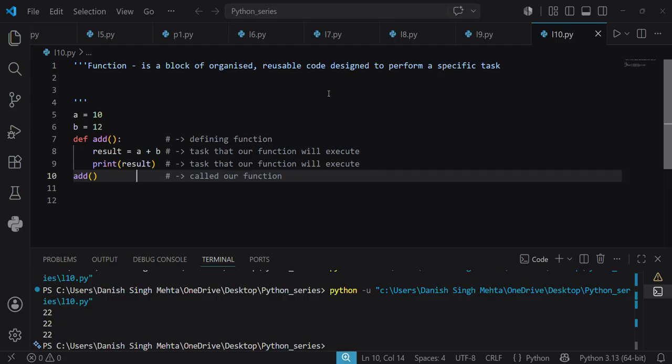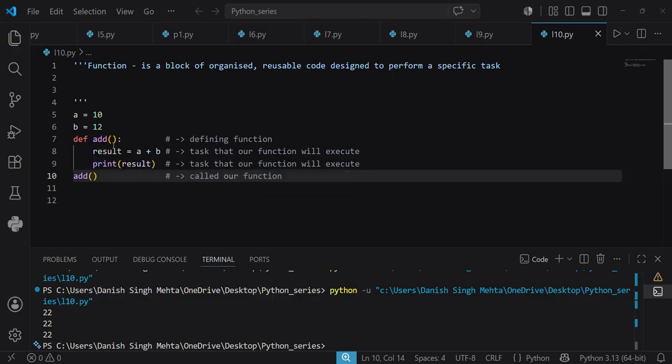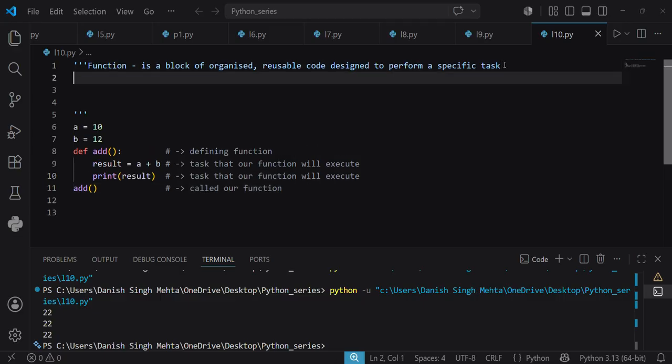It is a reusable code designed to perform a specific task. This function will perform only addition of a plus b, nothing else, and print that. So a function is a block of organized reusable code designed to perform specific tasks. And one more thing about functions is